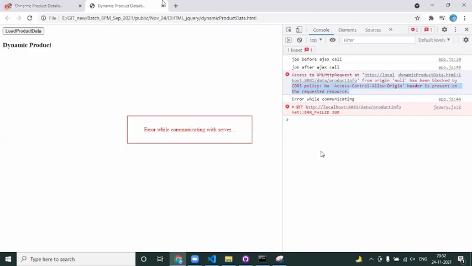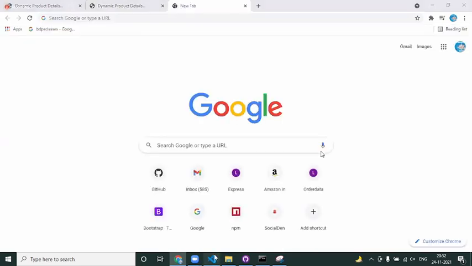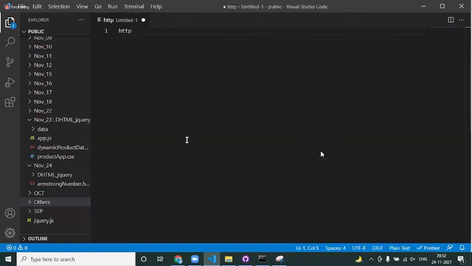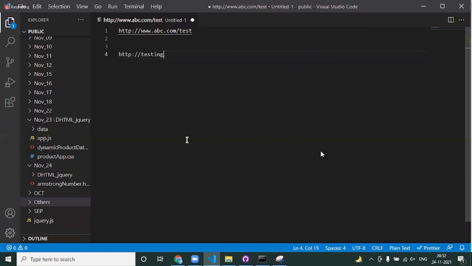Say, for example, my URL is http://www.abc.com/test. Okay, and http://testing.com/sample. Can you tell me what is the domain in line number 1?